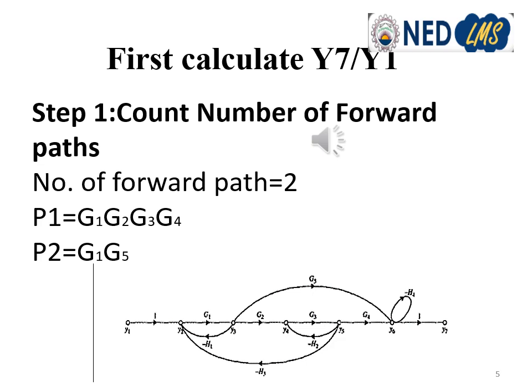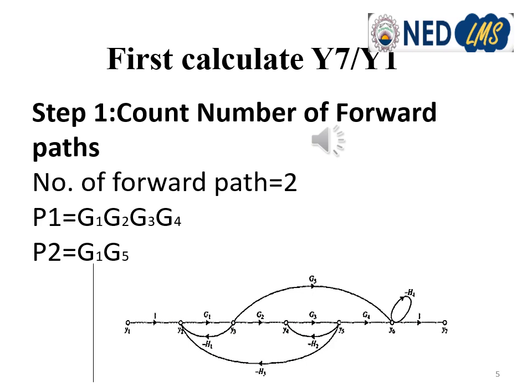The first forward path is the straight line in which the branch gains are G1, G2, G3 and G4. And the branch gain from y1 to y2 is 1 and y6 to y7 is also 1. So the overall forward path gain is the product of the branch gains, that is G1, G2, G3, G4, and